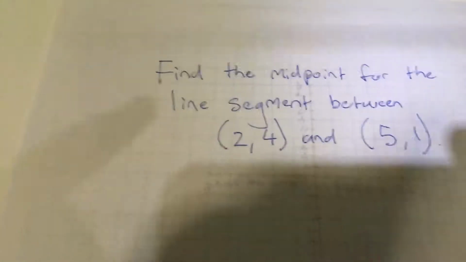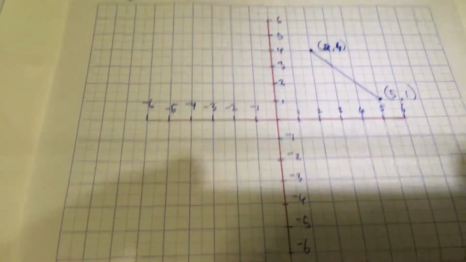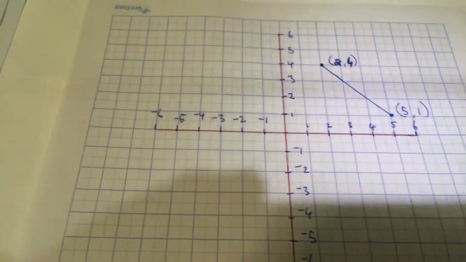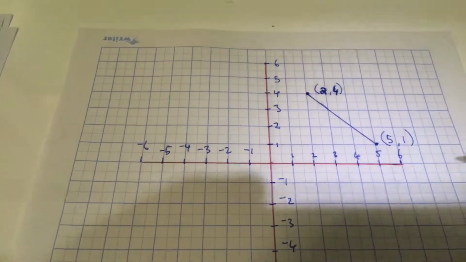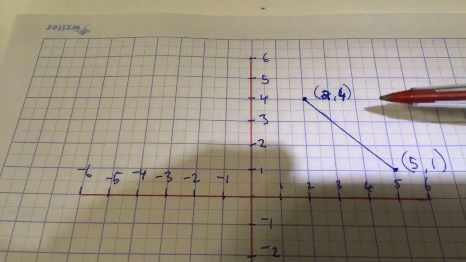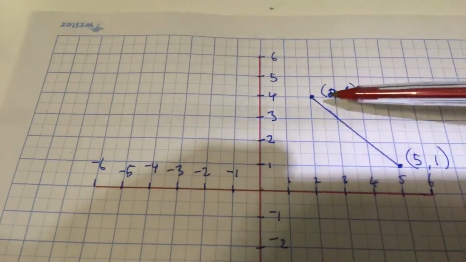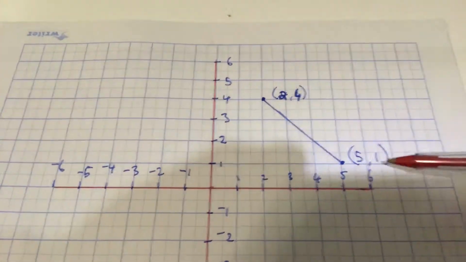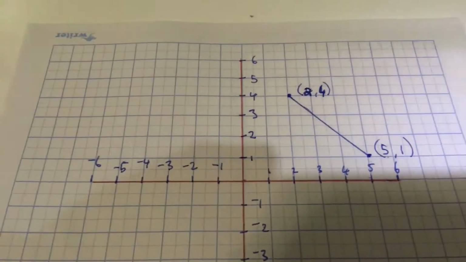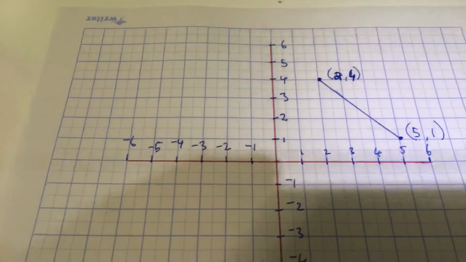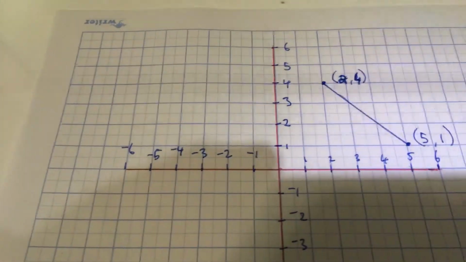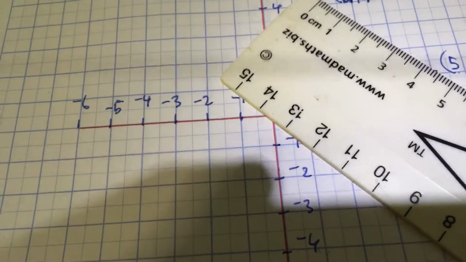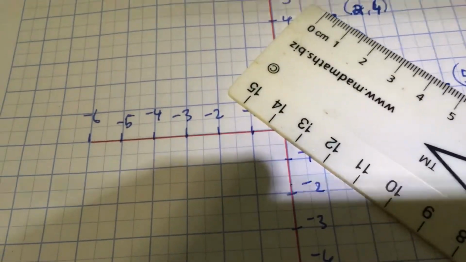First way is the old school way, where we basically get a Cartesian plane, and I've done my axes up here, y-axis, x-axis, and you can see I've got the point 2, 4 just here, and the point 5, 1 here. Now I could use the Pythagoras theorem and make a triangle to find out how long it is, so that's probably a fourth option, but I can actually just measure it with my ruler here,